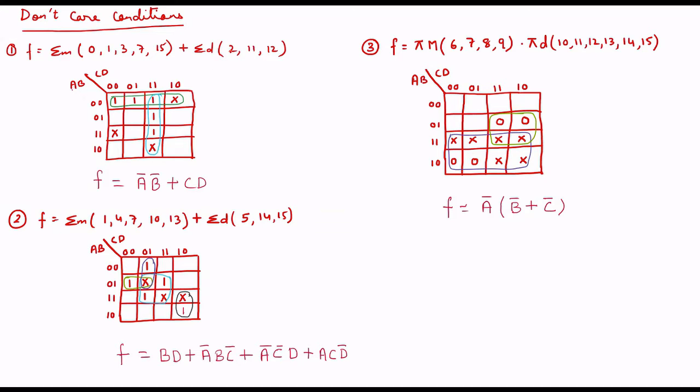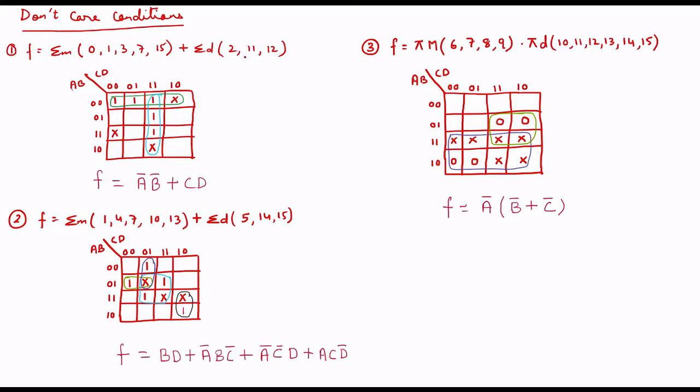You can see this value 2 is 0, 0, 1, 0. The ABCD sequence has to be maintained. So you can see 0, 0 I have taken and 1, 0 I have taken. So 0, 0, 1, 0 is 2, and for this box, which is 2, I have given a cross mark over here. Similarly for 11 and 12 I have given a cross mark over here and over here. 11 is this one, 12 is this one.